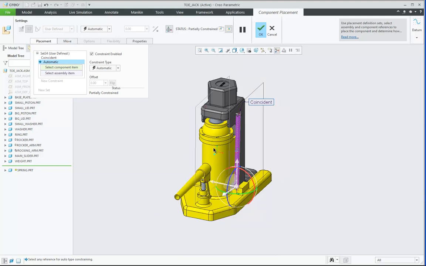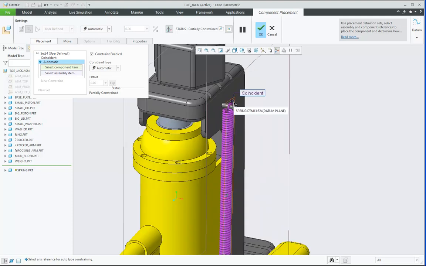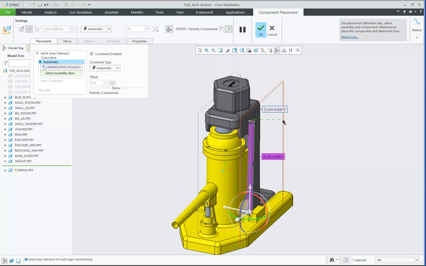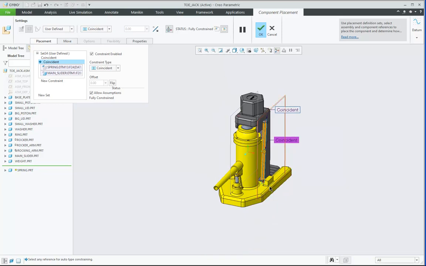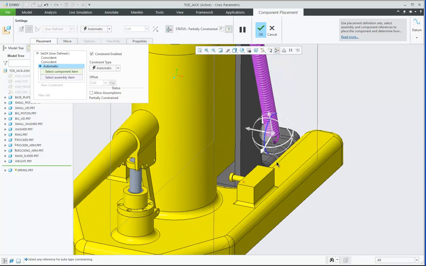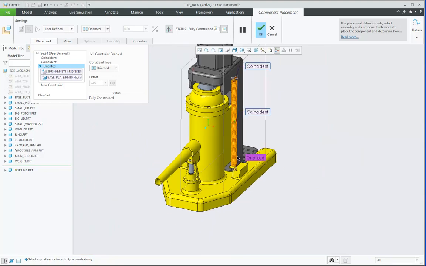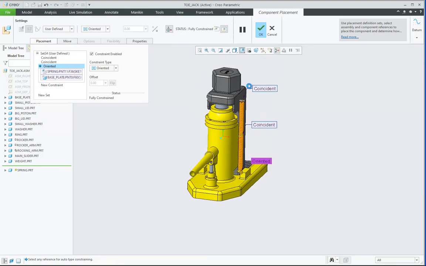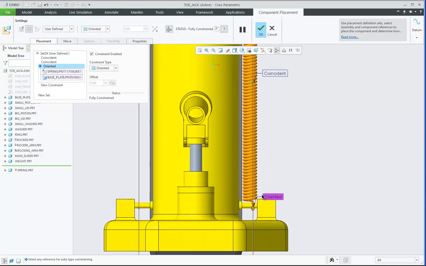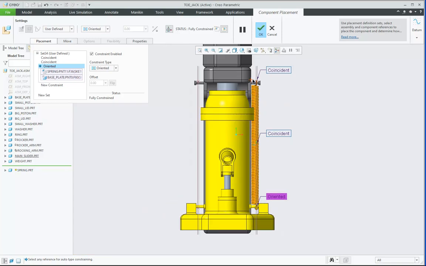Then next constraint is about the plane in the spring and similar plane in the main slider part, and third constraint I want to put for the other point. So that is this point from the spring and this point over here. So this will make the spring fully constrained, and you can see in the front view spring is assembled properly.